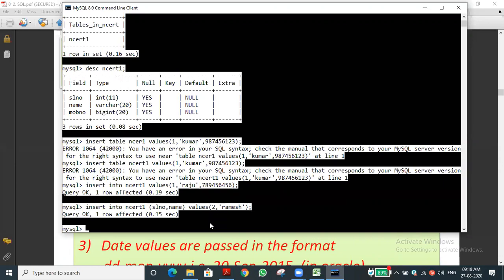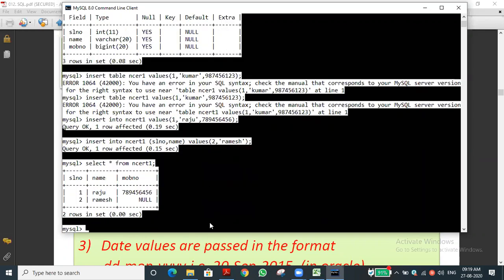Have you understood how to enter a value, or a record, into the table? Yes sir. If I want to show the records, a very simple query: select all. All means we type star, the multiplication symbol. Select star from the table name, NCRT 1.